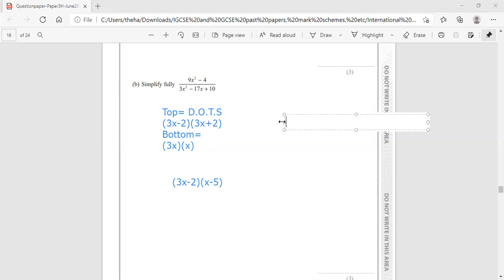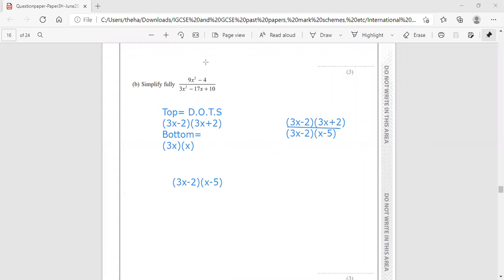So the top is going to be 3x minus 2. Remember, this is what we got from the dots. And we've got 3x plus 2. That's the top. Then on the bottom, we've got 3x minus 2. And then we've got x minus 5. Let me just get a fraction bar in. Okay, that equals,